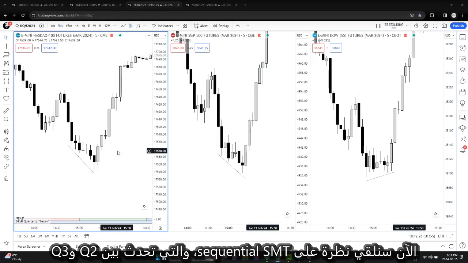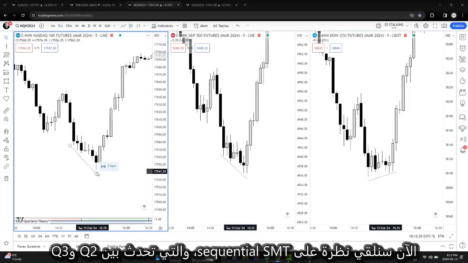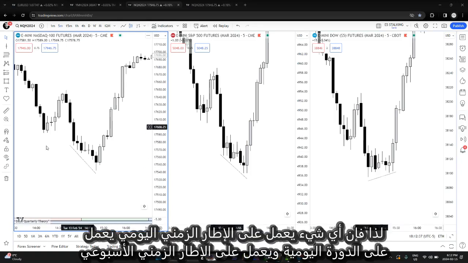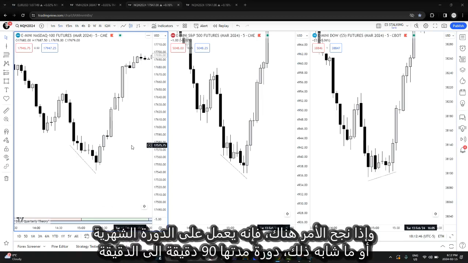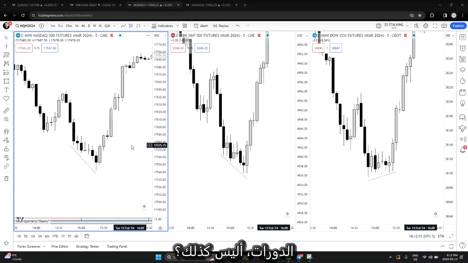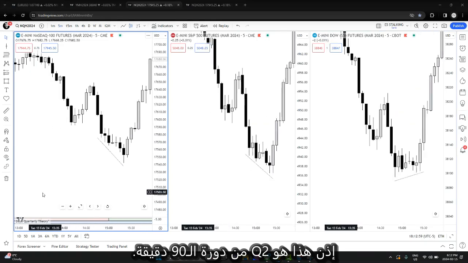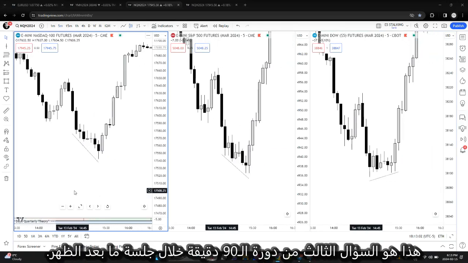Now we will take a look at sequential SMT, which happens between Q2 and Q3. So all of this is fractal, right? Anything that works on the daily time frame works on the daily cycle, works on the weekly cycle, and if it works there, it works on the monthly cycle, and so on. 90-minute cycles, the macro cycles, right? So this is Q2 of the 90-minute cycle. This is Q3 of the 90-minute cycle